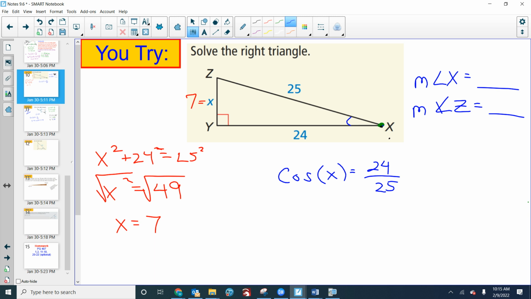I'm handing you the keys to getting points on the quiz. If you do not show this work, you will get points counted off. Is that clear to everybody? You have to show cosine of x equals 24 over 25. Then I need to see